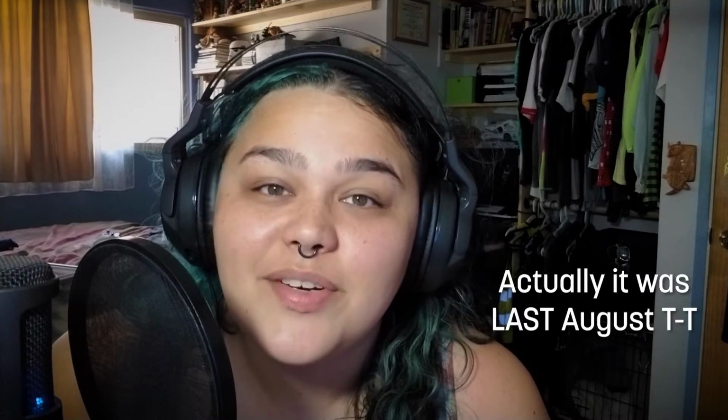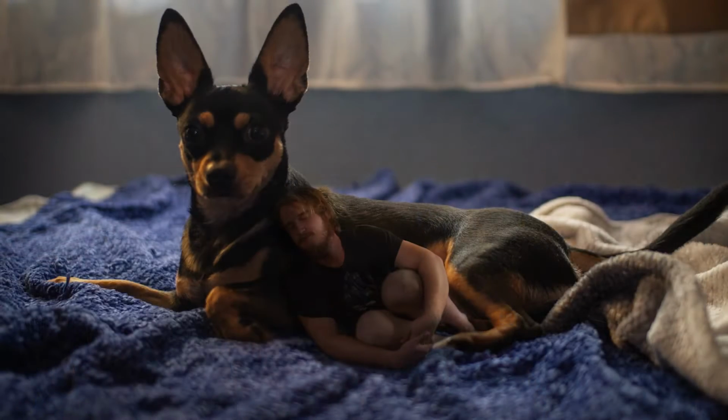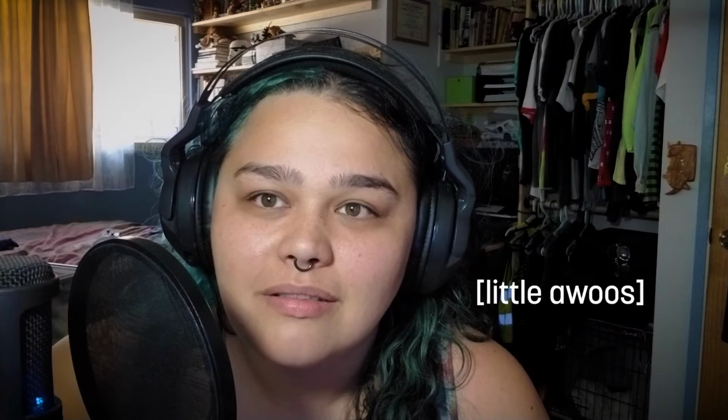Earlier this year, I did a really cool project where I took a picture of my dog and a picture of my fiance Patrick, and I edited them together and made my dog ginormous and Patrick like a little tiny elf guy. It was really cute, and everyone in the house